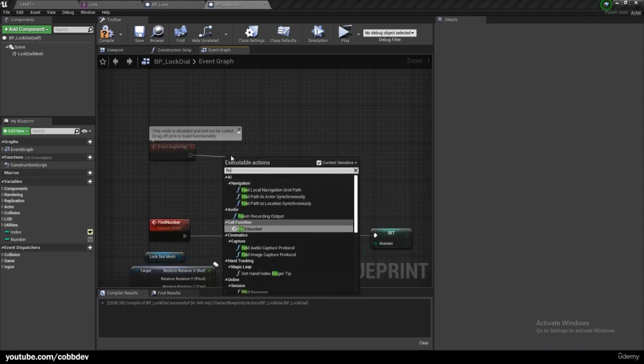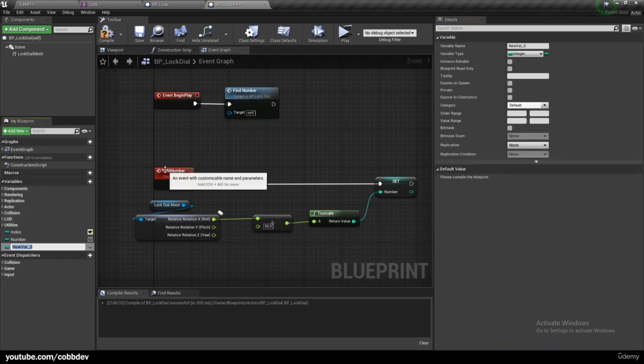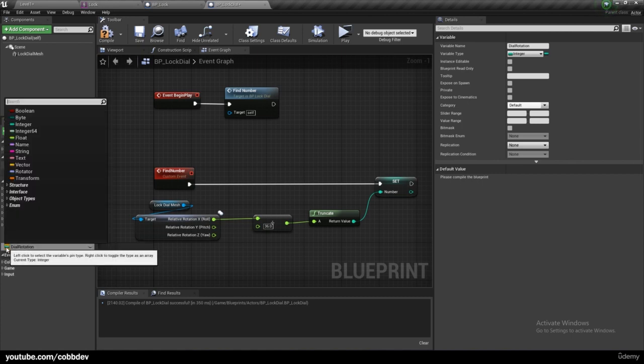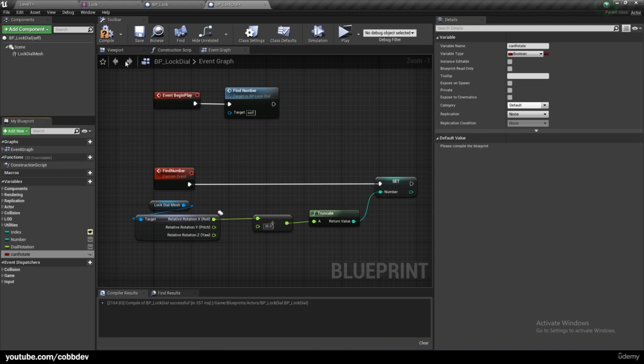So just call find number. And we need a new variable. I'm going to call this dial rotation. And this is going to be the actual rotation of the dial, not that number divided by 36. So we'll have to make it a float. And we also need a variable called can rotate, and this is a Boolean. We're making this because we don't want to be able to rotate our dial while it's in the middle of rotating,